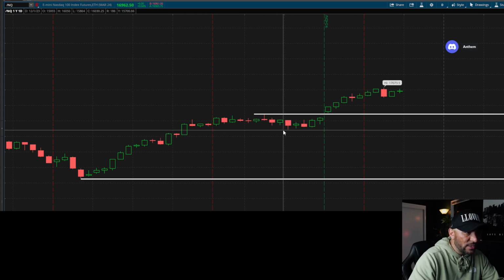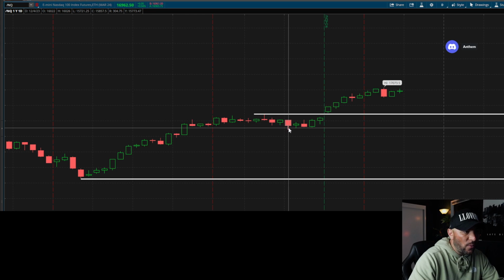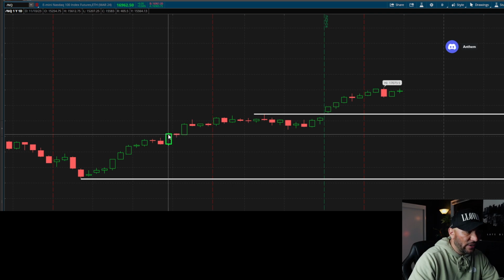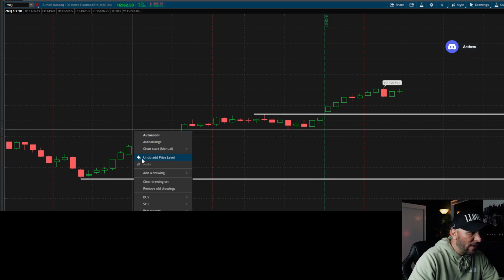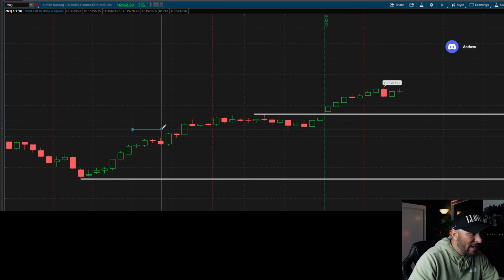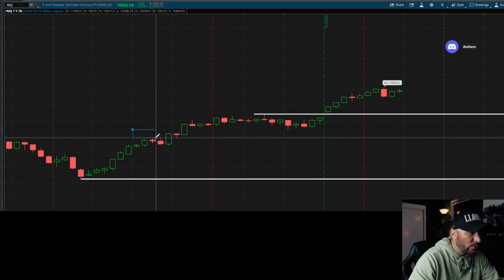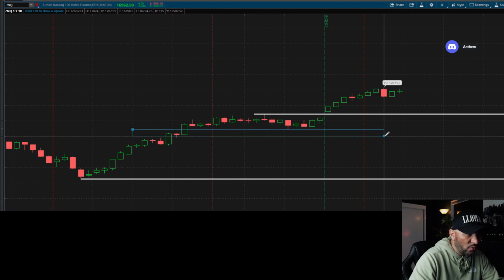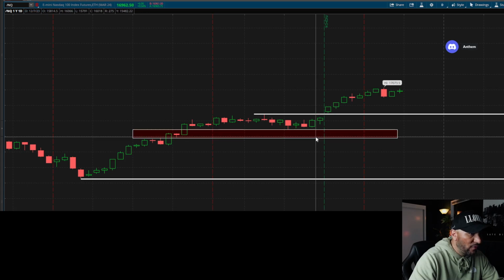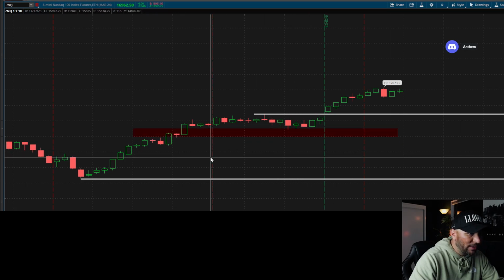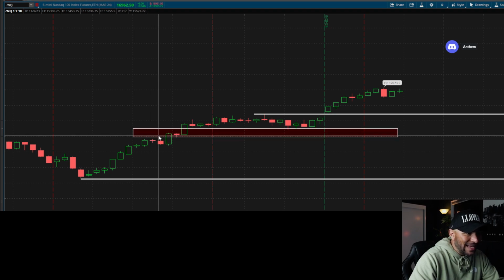What I'm actually going to do is not draw a price level, because I want to make sure that my demand zone is going to cover at least a few candles. And I also want to make sure I cover this area of resistance. So I'm going to start here on the left, and what I'm actually going to draw is a box. This box is going to include touch points of these three candles and these three candles. I'm going to drag this box across, move this down, and then move it up a little bit. Notice this was acting as an area of resistance, and now it's acting as an area of